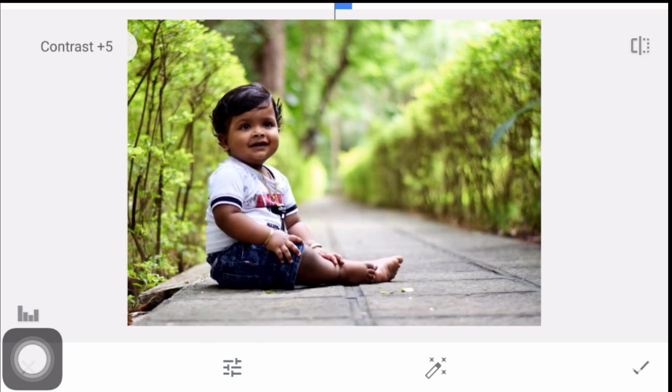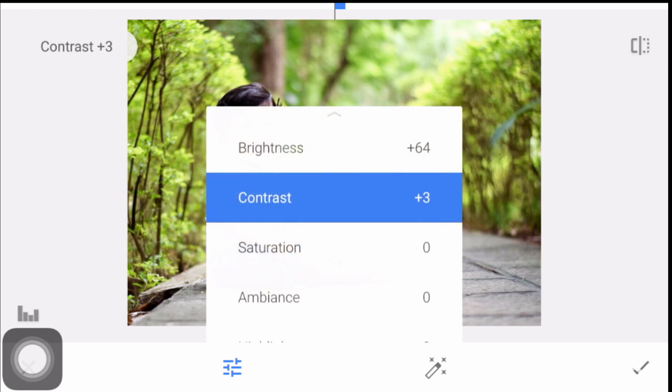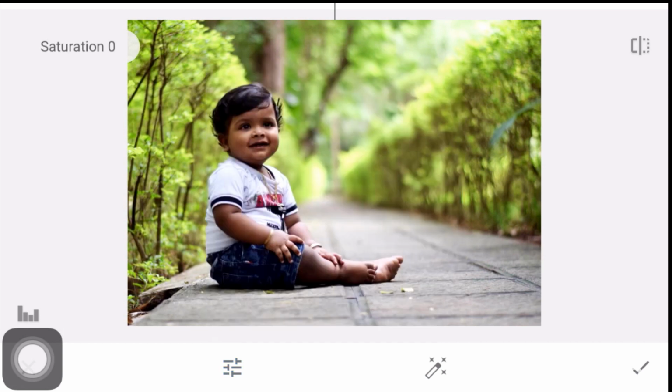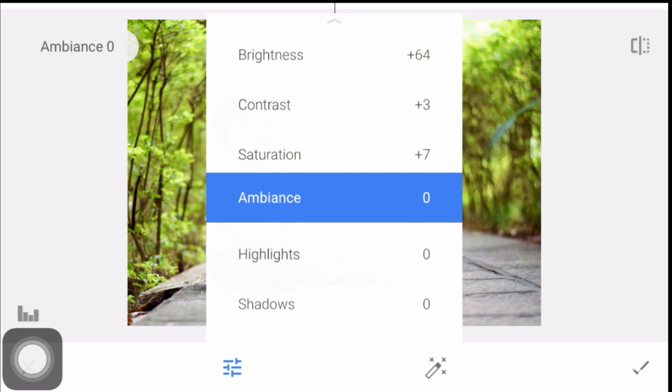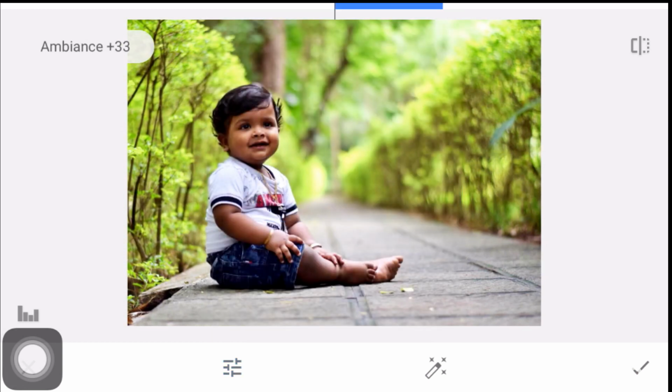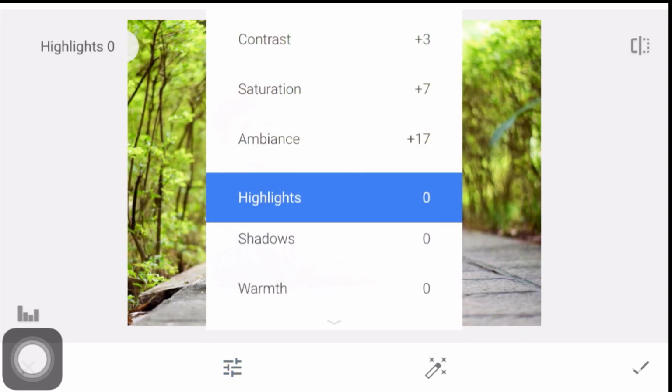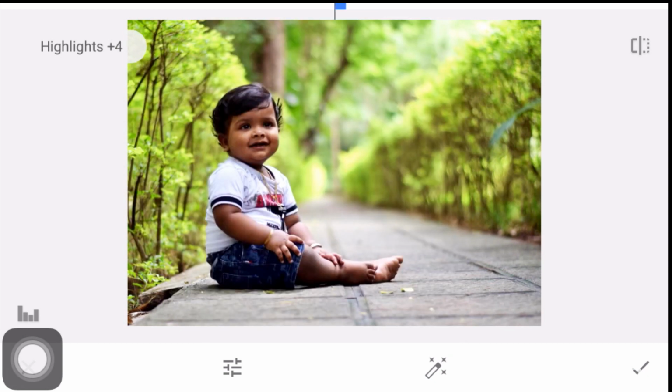Next a little bit of contrast and saturation, ambience, some highlights, then shadow is a very good correction. If you are using this, we can brighten the dark areas in your image.